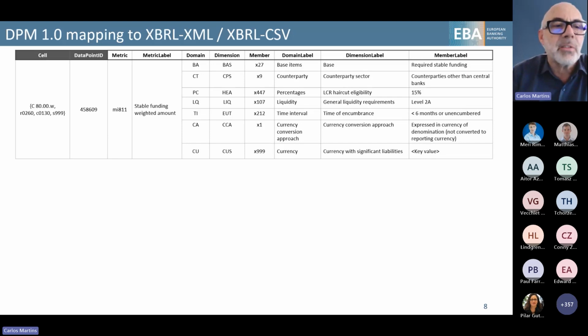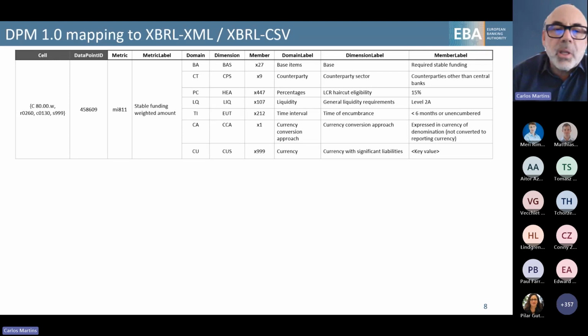This specific cell corresponds to a specific data point ID, 458609, and the rest is metadata that describes the data point. We have the one metric, stable funding weighted amount, and then a collection of dimension and member pairs, which gives the full meaning to the data point.